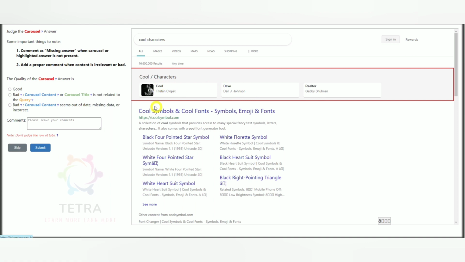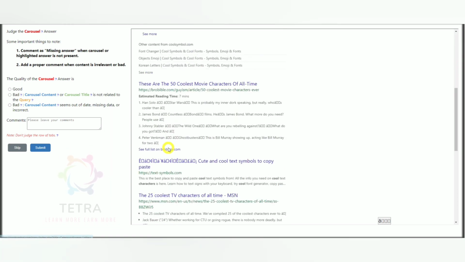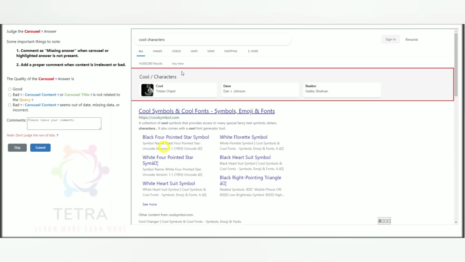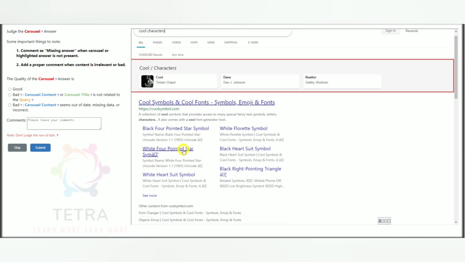Just simple: first look up those cool characters symbols. I think the possible query intent may be cool characters for a project, or it may be a movie name and the user wants to know the characters of that, so we can search by that cool symbol.